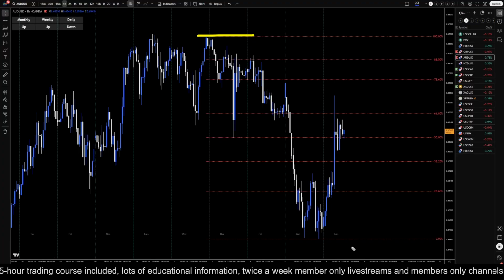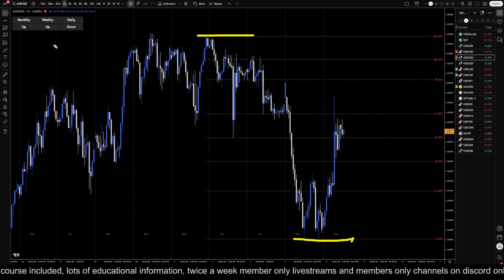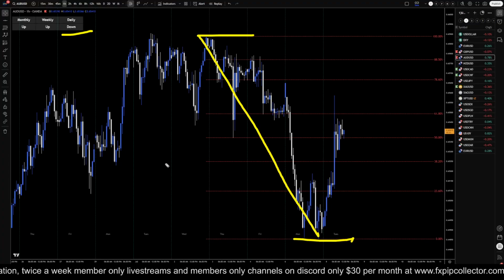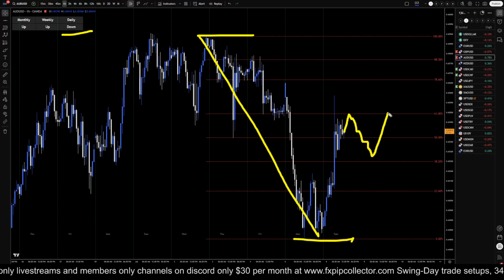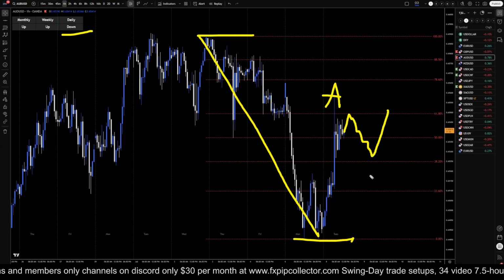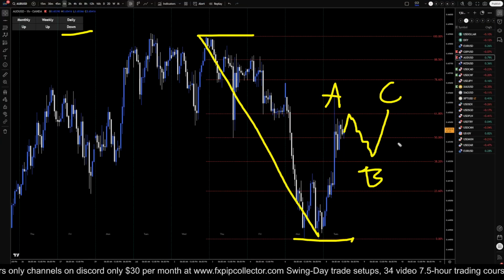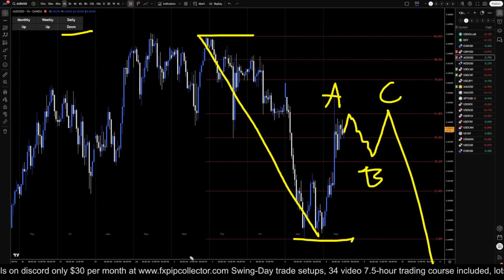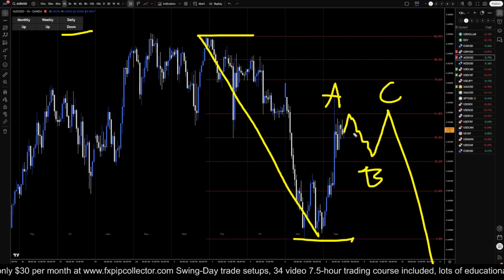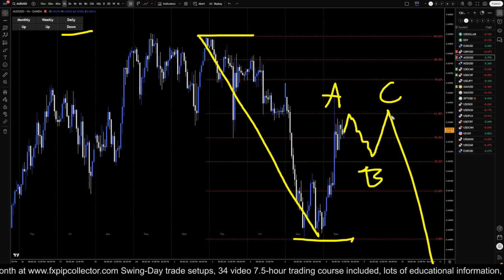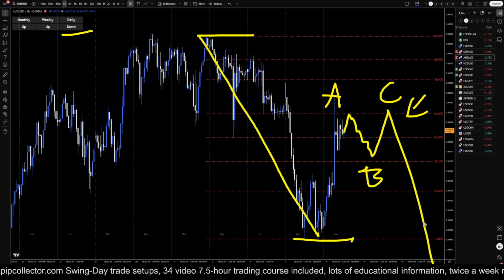I have my Fibonacci retracement from here to here because if the trend is now turning down on the daily, then this move up potentially would be a pullback to this move down. I would kind of expect it to make some sort of more proper three-way pattern, like an A, B, C, maybe something like this before it actually continues down. So we could possibly have a very slow, overlapping day, waiting for it to potentially play out a three-way pullback before it actually continues the downtrend.